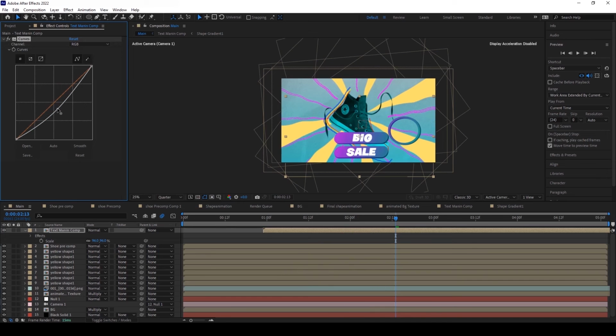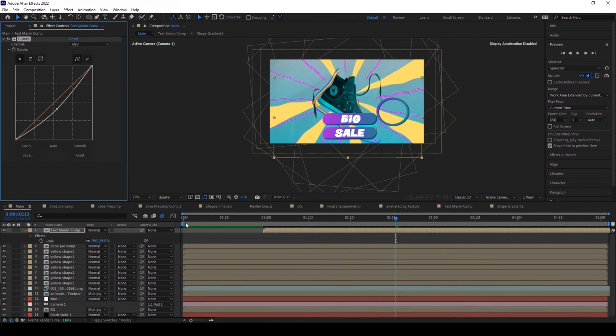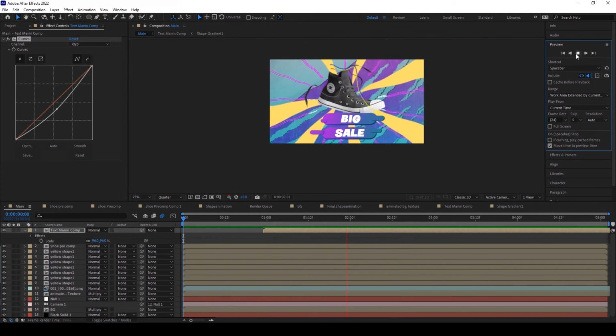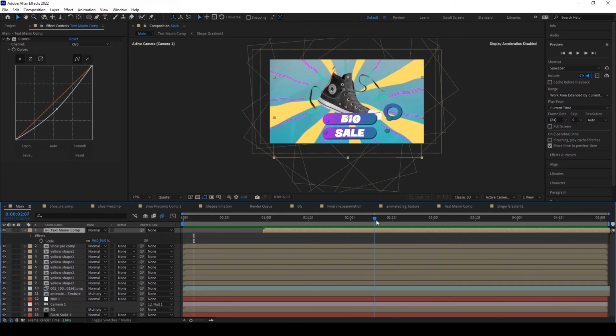I want to decrease it a little bit down. And we are seeing the brightness is reduced. Now it's looking a little bit good. And once we can play the result. Scale it a little bit down because